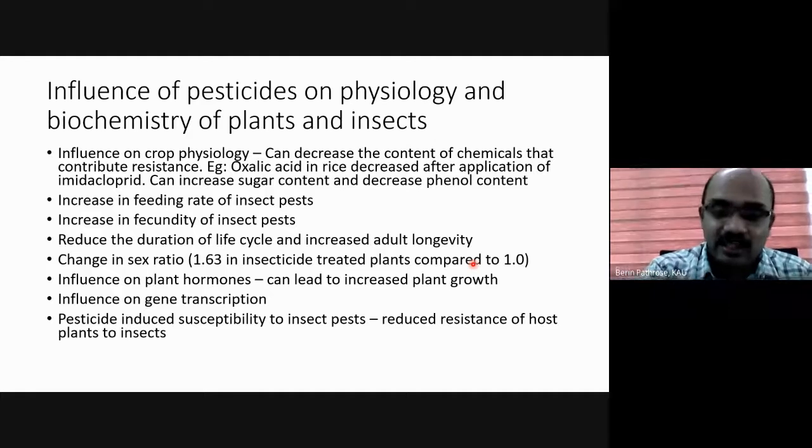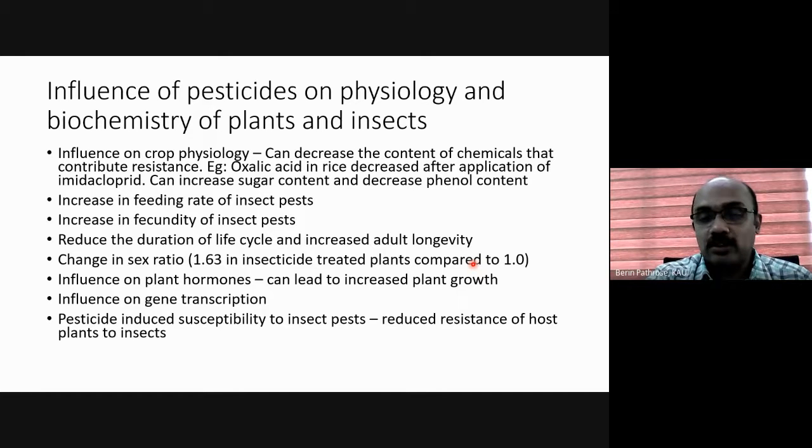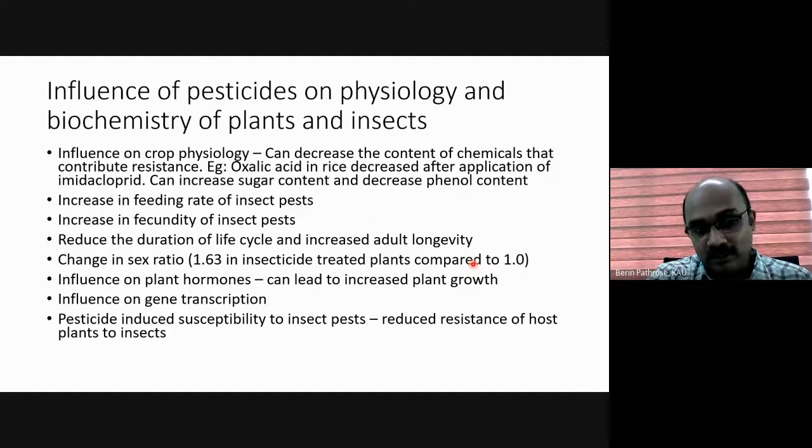So this is an area which we entomologists should work on, because if we have a very good biotechnologist to collaborate, we can have those kind of studies. So that can be one change in physiology which can contribute to the increase in pest population.